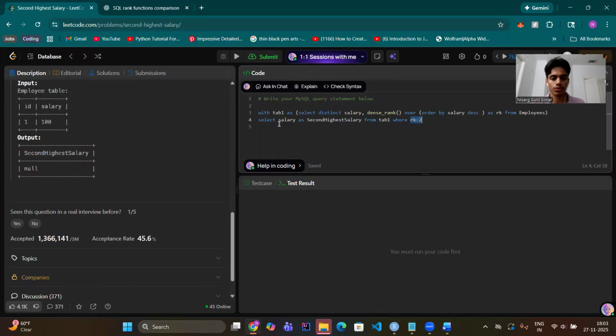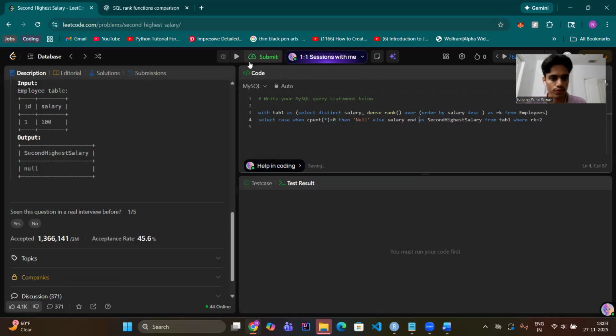Okay, so we can do case when count star is 0, then null, else salary, and as